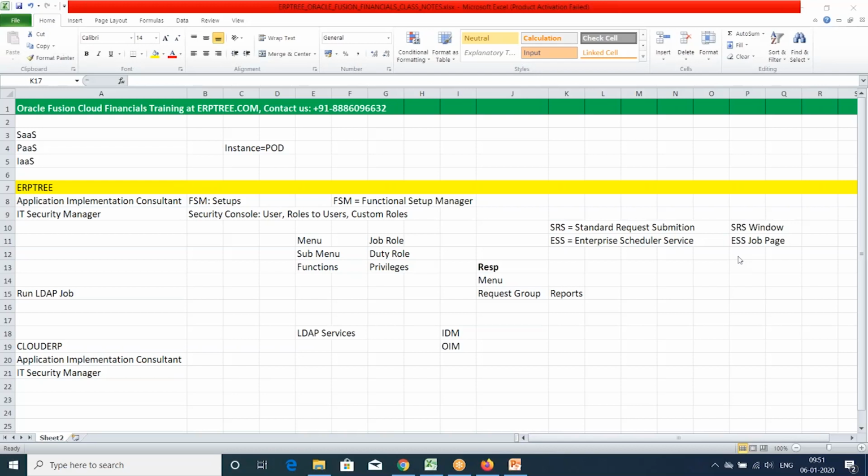Okay. So if you're interviewed for an application, it can basically be a PaaS. So what additional skills for PaaS do we need? Like we need that customization. See, it's not a skill, because you will be introduced to the PaaS application. If the client is going to use PaaS, in that case they will do the customization. Customization needs to be done, so they require one ADF consultant. That's all. The additional roles are required for them. But a finance consultant is not going to work in a different fashion. It could be SaaS or PaaS or on-premise Fusion applications also. The application is the same and everything is the same. Your role would be the same.